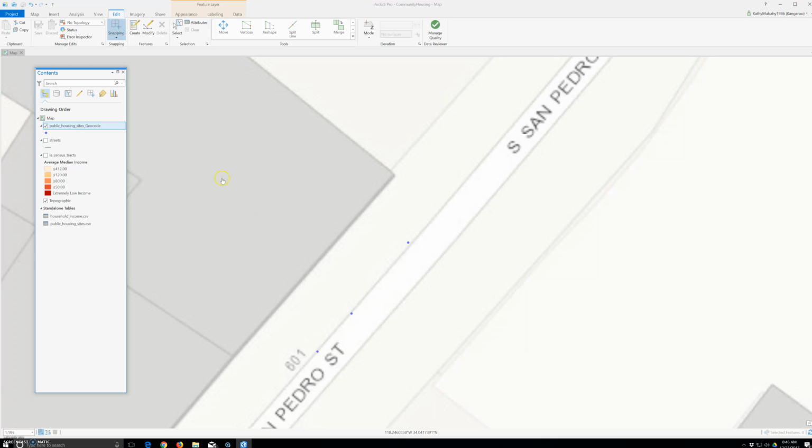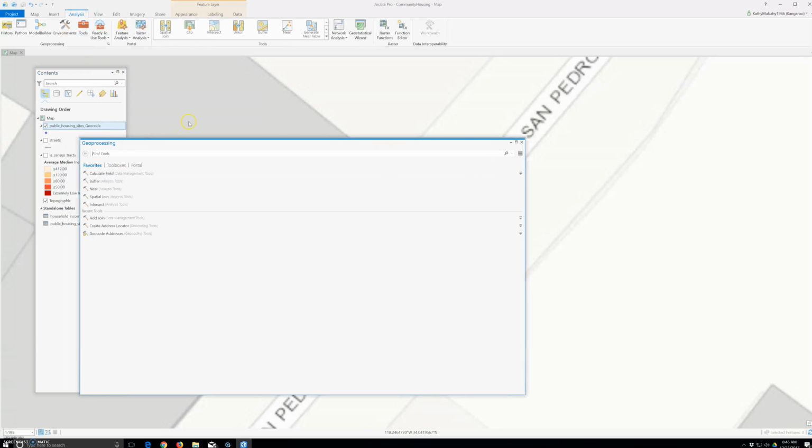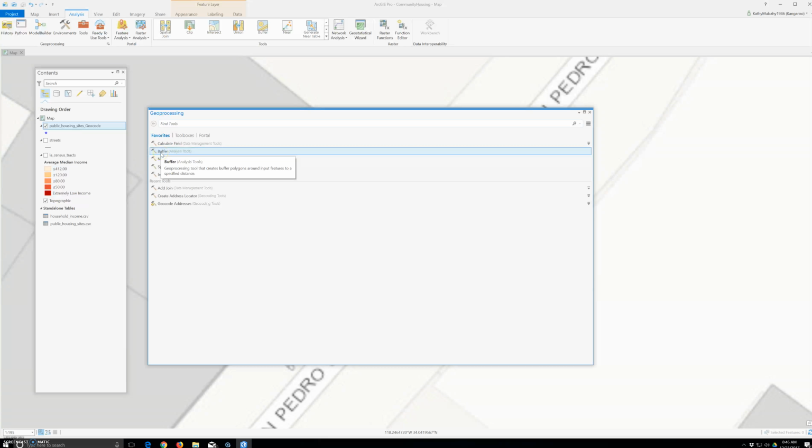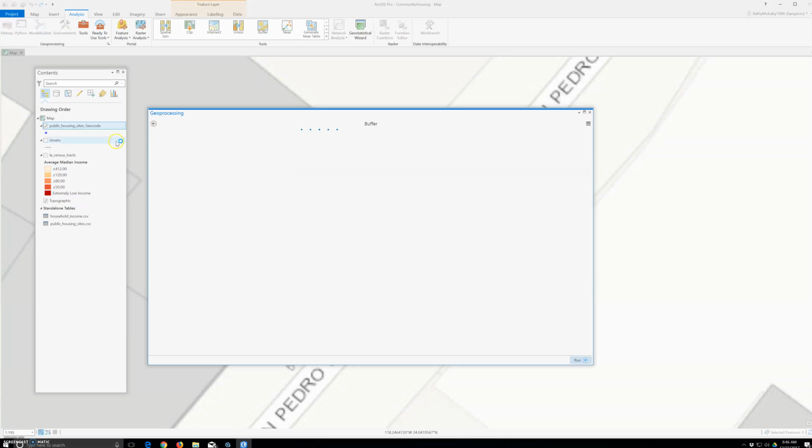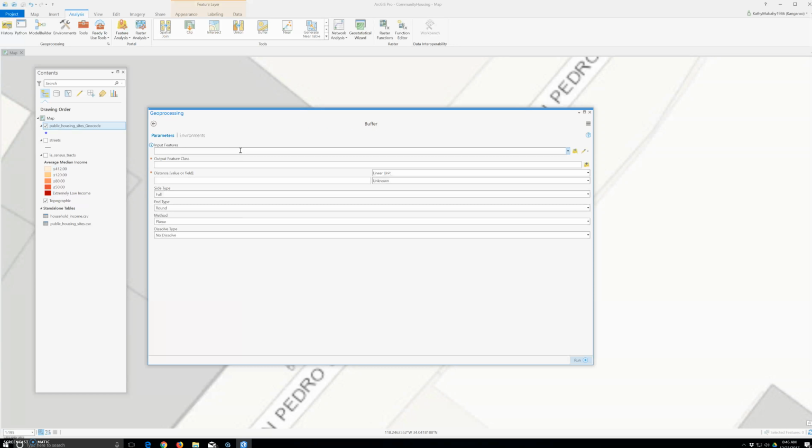So, with the same project here, in the geoprocessing pane, we're going to get the multi-buffering tool, so we're going back to the analysis toolbox, and it's buffer, it's already here. Perfect. But if you don't remember that, it's in the analysis tool and proximity. So a multiple ring buffer creates